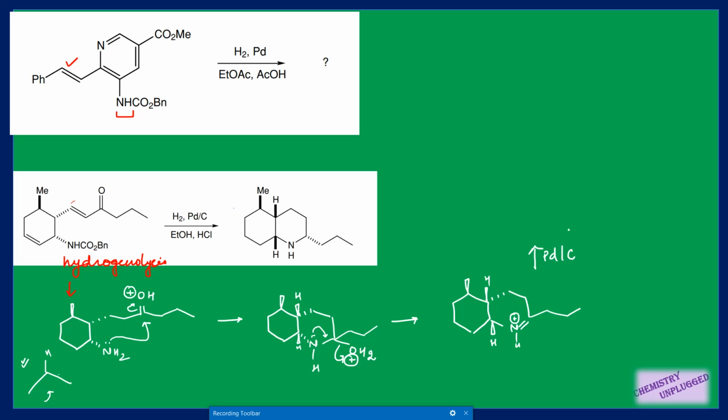Then the next thing is, what will be the attachment side of hydrogen? Because I have told you here that these two protons are above the plane, this cavity side will be the hindered side, right? It means protons will be attached above the plane from this side, the less hindered side. This side will be the hindered side. That is why on this carbon after reduction, the proton will be attached above the plane and this alkyl chain will go below the plane, right? We will get our final product.